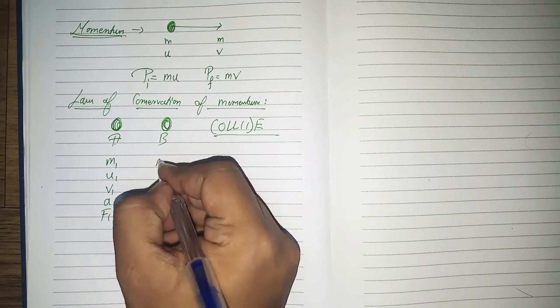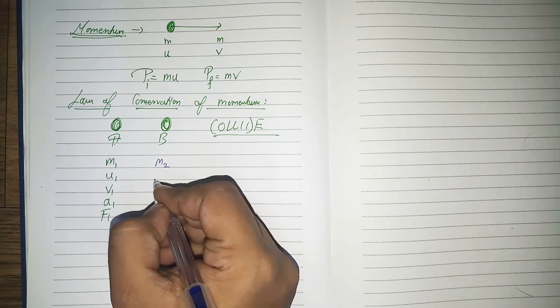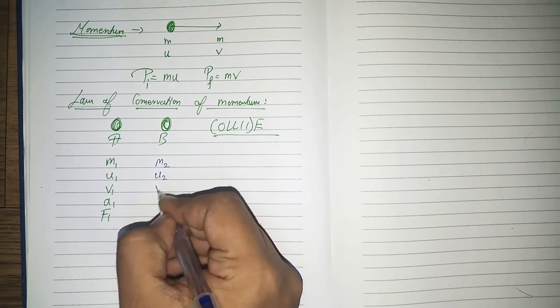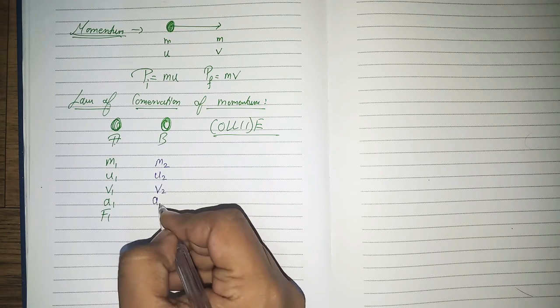Let mass of object B be m2, initial velocity u2, final velocity v2, acceleration is a2,